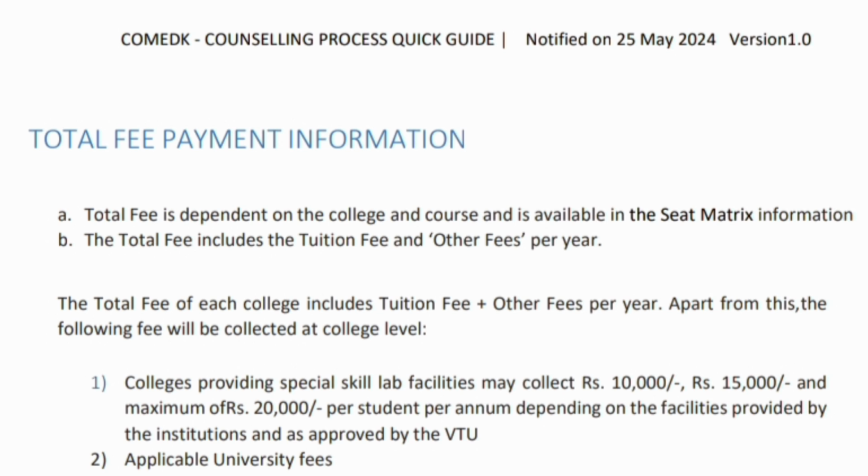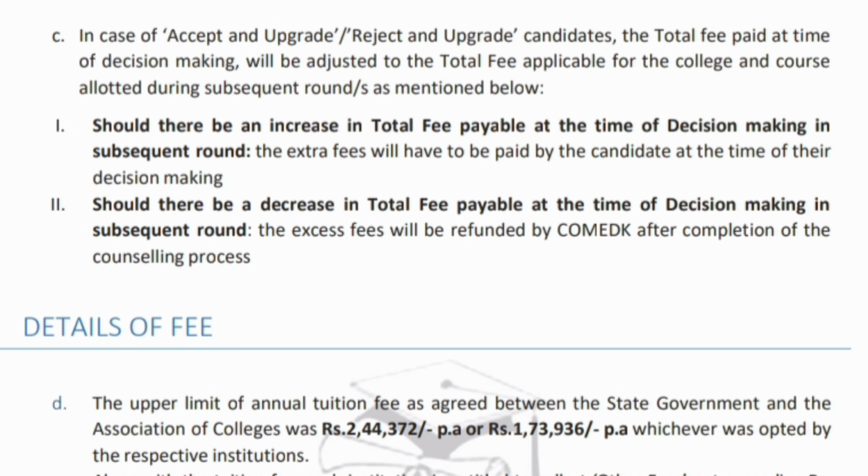But there are some private universities also, like CMR University, Dayanand Sagar University, and others like Presidency University. If you are studying in a non-VTU university, they may charge even 20,000 as university fees. So you will have to first check which university you are joining. If it is VTU, it was 7,900 last year, and if it is others, it is 20,000. So let's move to the other sheet.